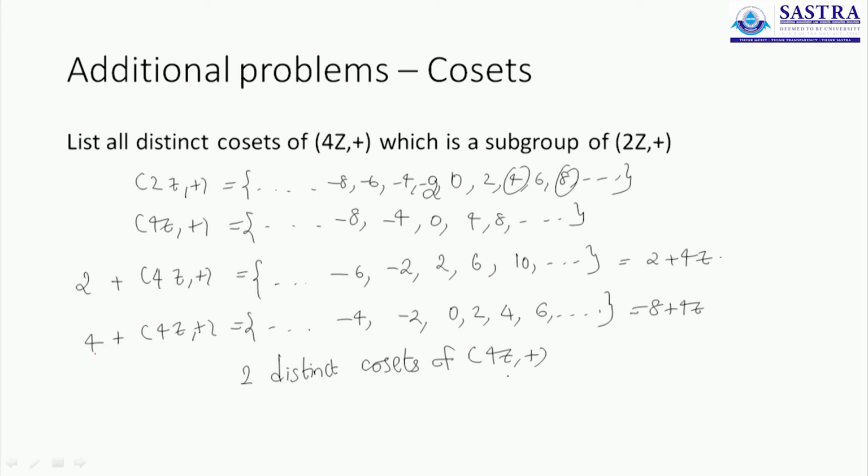You can't add 3 or 1 or 5 because they are not part of the group. This is not the entire integers in one set. It is only the even integers that are collected in the set. So you can't add 1, 3, 5, 7 etc. So you have to add either 2 or 4. If you add 2, it's the first coset. If you add 4, it's the second coset. You won't get any other coset possible. You may add 16, you may add 22, you may add 84, all that, but they will be one of these two. So it has only 2 cosets.